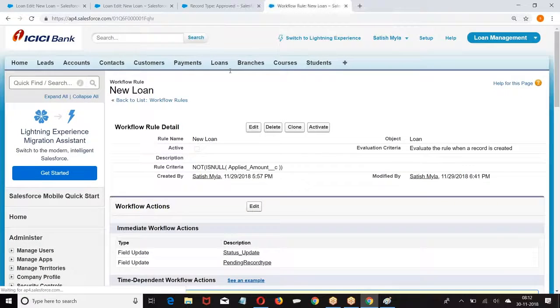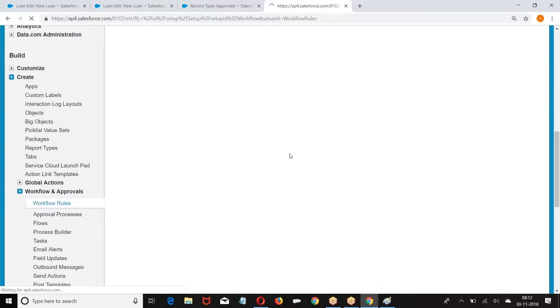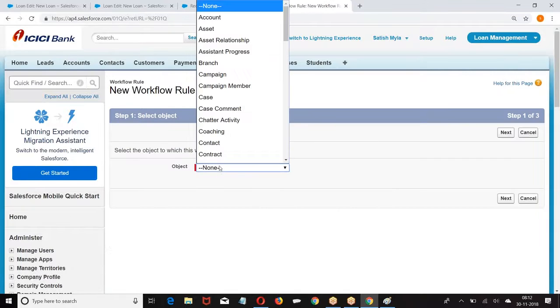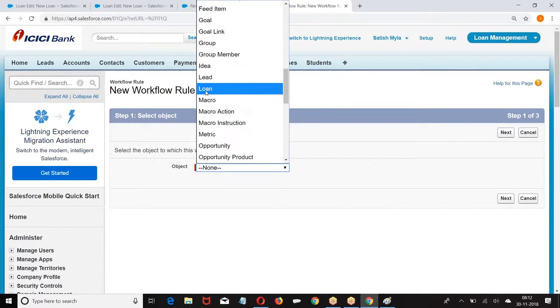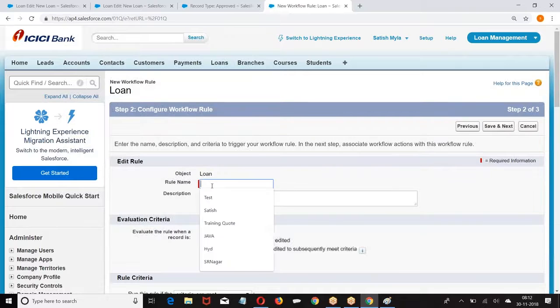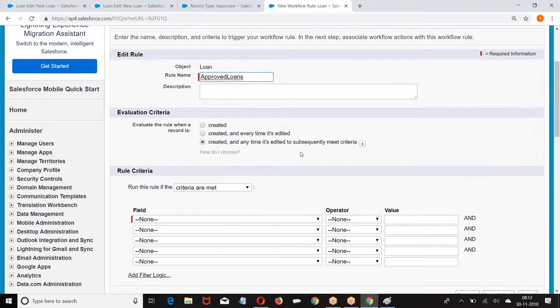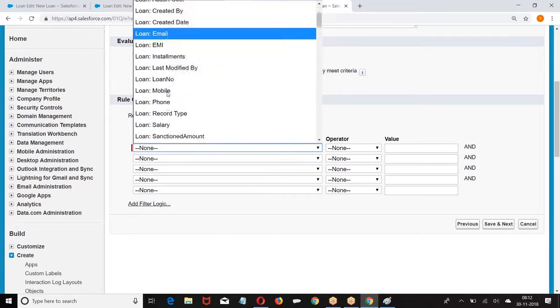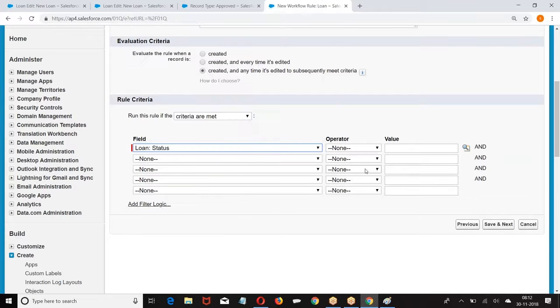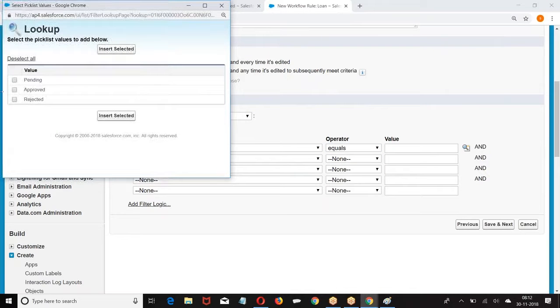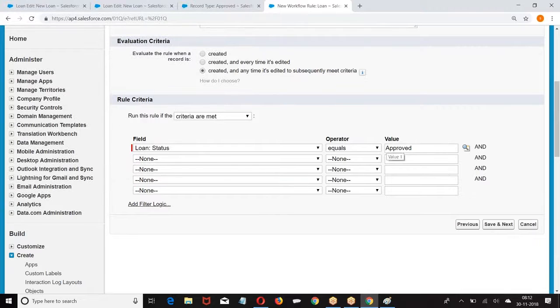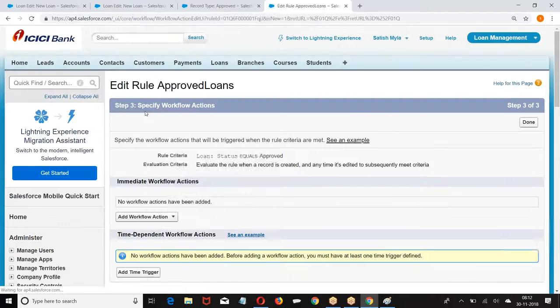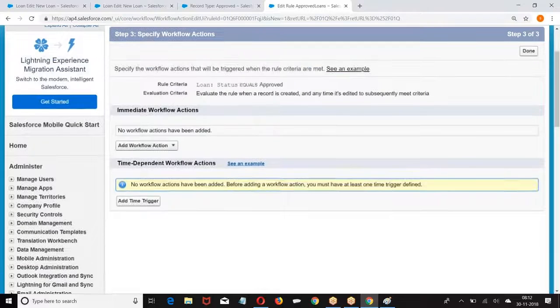Right. Now I am writing one more workflow rule here: approved loans. When an existing record is modified, if the status of the loan is equal to approved, then we are making a field update action.